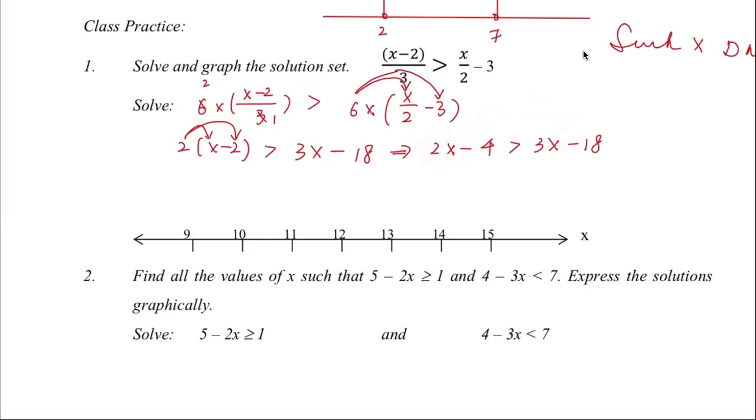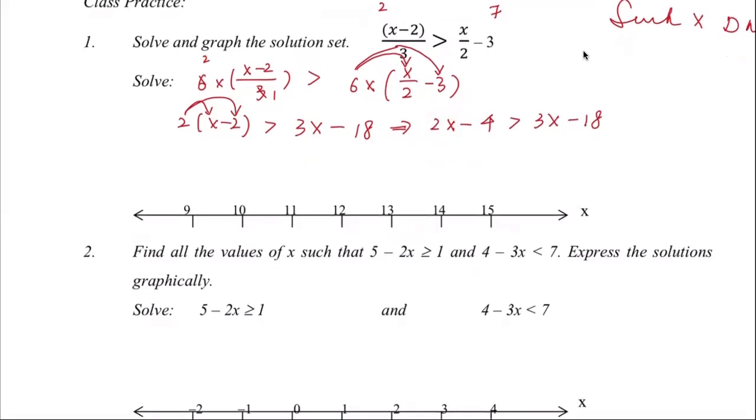Because if you move 3x to the left side, that will be 2x minus 3x, which will be minus x. Then you need to deal with a negative number after, right? So I don't want that. I don't want to make any mistakes. So let's just use the easier way. Okay. So